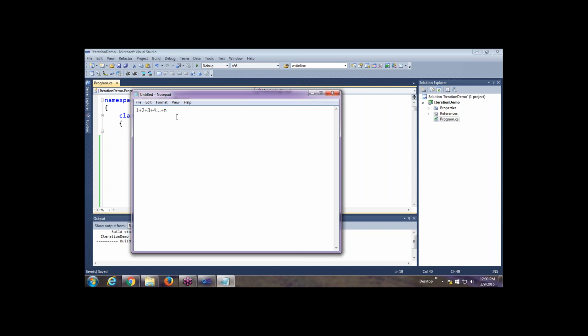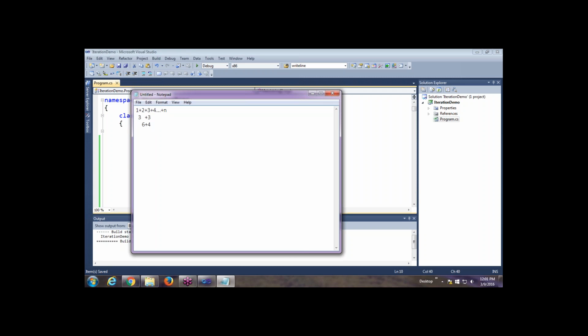Now what has to be written inside the for loop? If you observe this statement, first we have to perform the sum of 1 and 2. So 1 and 2 sum will give us 3. This 3 needs to be added with the next number, that is 3. So here 3 plus 3 will give us 6. 6 needs to be added with the next number in the series. And this is how it will continue. Every time we are finding the sum of the two numbers, this sum is being added with the next number.